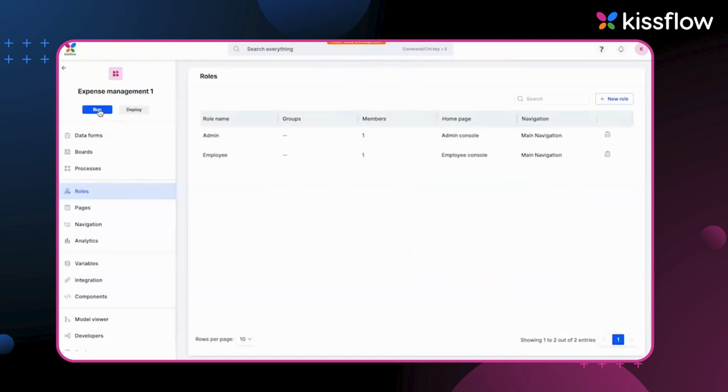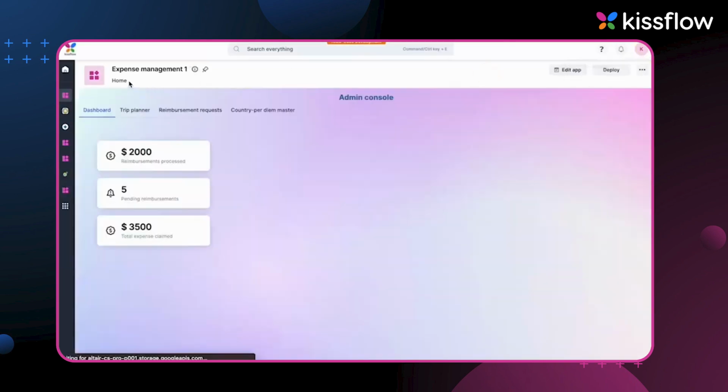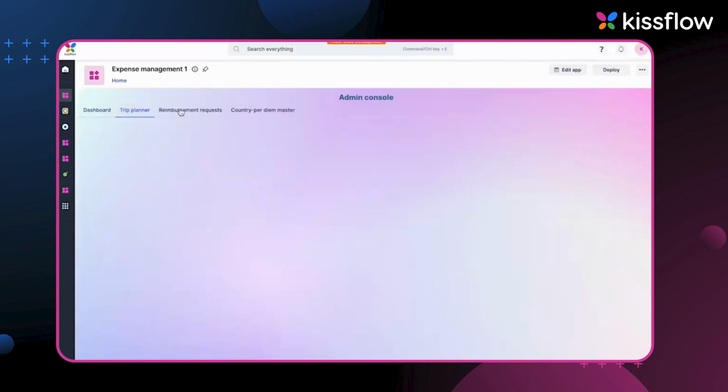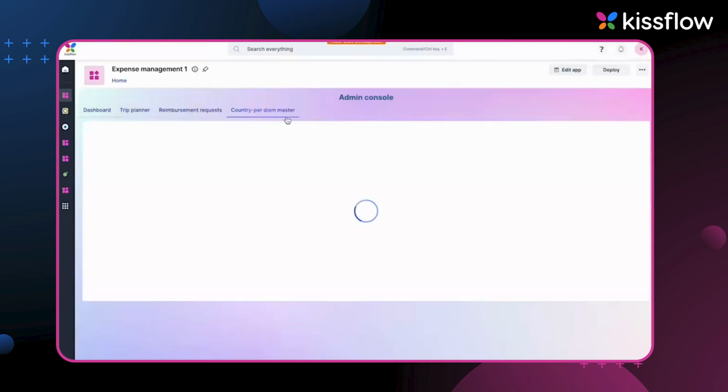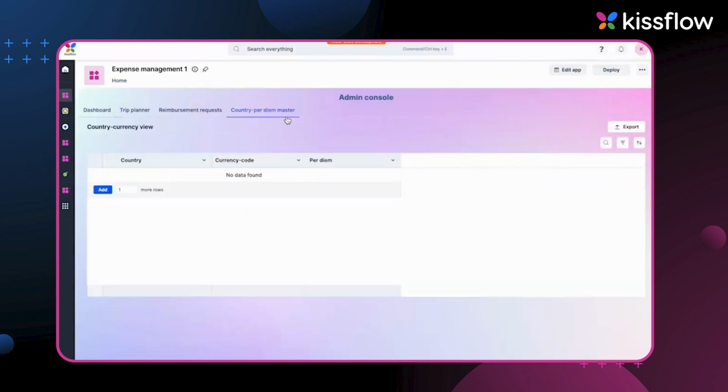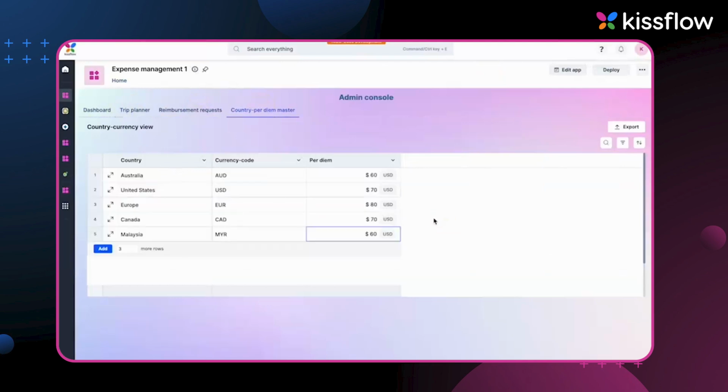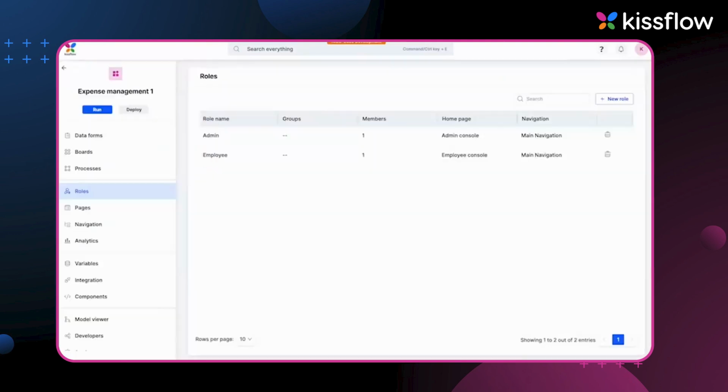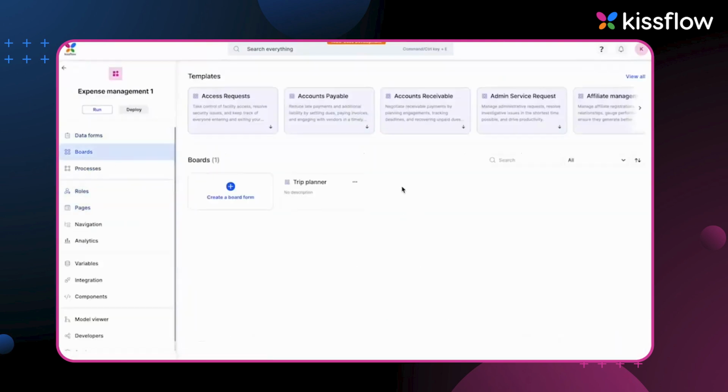And now let's just run our first app that we just created. Let's run it. So this is going to be the admin view. This is from my login. So it just got a simple dashboard, the trip planner, the reimbursement request, and the country per diem master. This is where the user enters the country and per diem master values. So let's just quickly enter a few values here. Now we have a few countries entered in the country per diem master. Now let's make this available in the trip planner. So let's get back here, and in the boards under the trip planner,